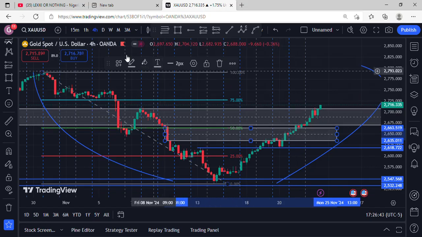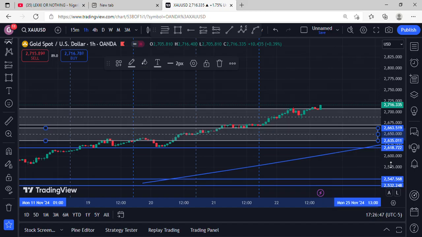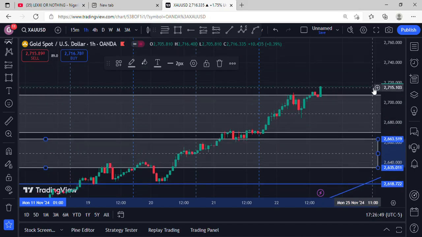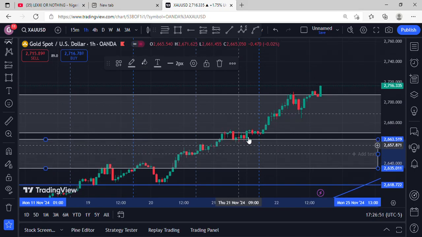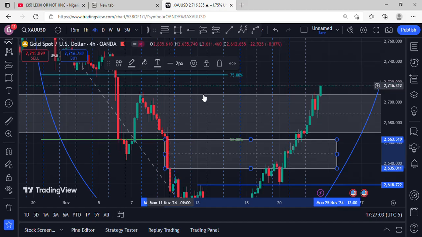But in the 1 hour, I was looking at this and I was thinking maybe it wouldn't work out because of the choppiness which was occurring at this place. I was thinking probably price would dump a bit, and so I got out of the trade only to regret it later because price moved this much, right? So back to the 4 hour to explain things a bit more,